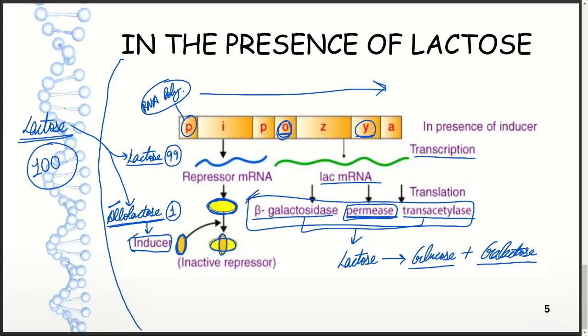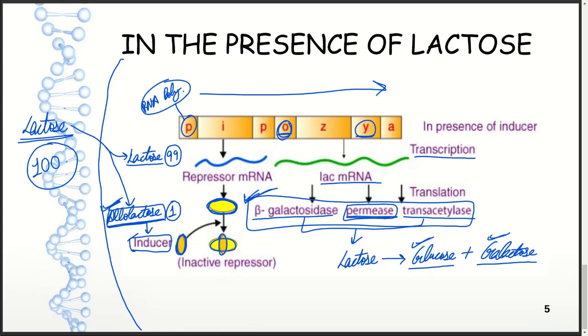But now what is remaining? Our remaining molecule is allolactose. As we know, allolactose is also a form of lactose, and if it is a form of lactose, then it is also going to be acted upon by the same three enzymes and converted into glucose and galactose. And as soon as the digestion of allolactose takes place,